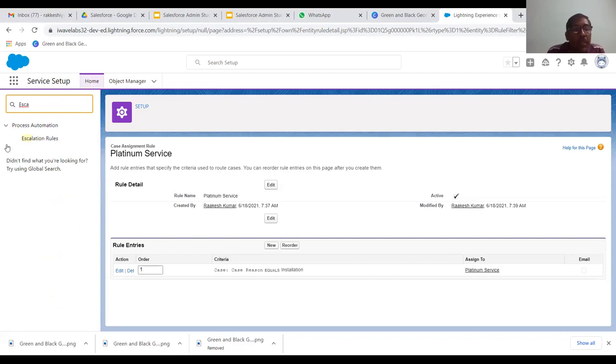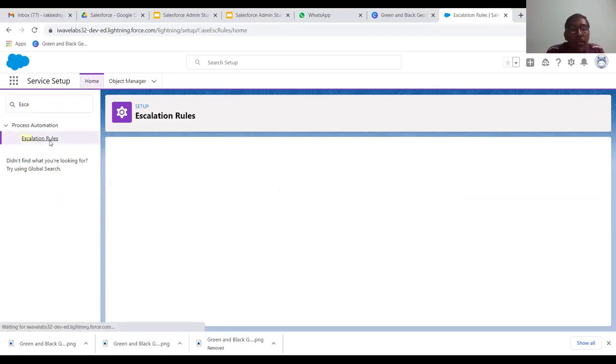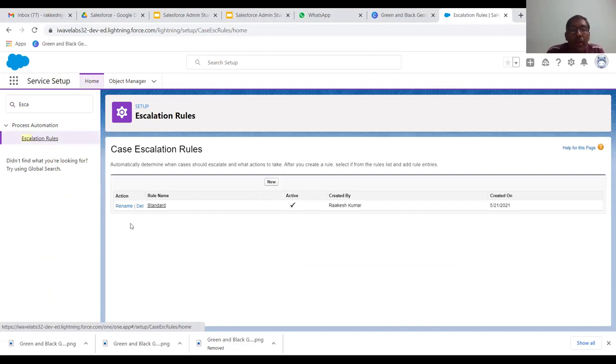So now I'll type escalation rule and click on escalation rule. Now by default, the standard rule is here, right? That is a system rule.